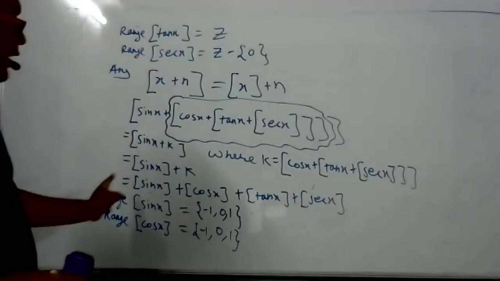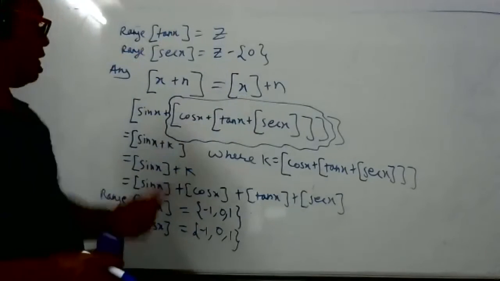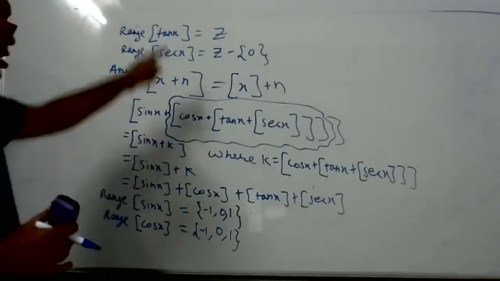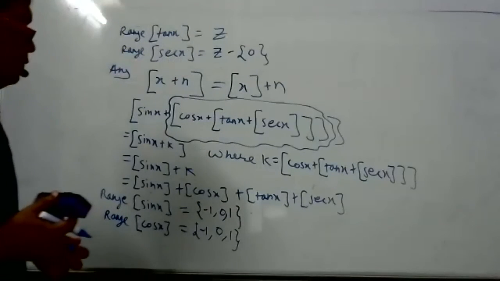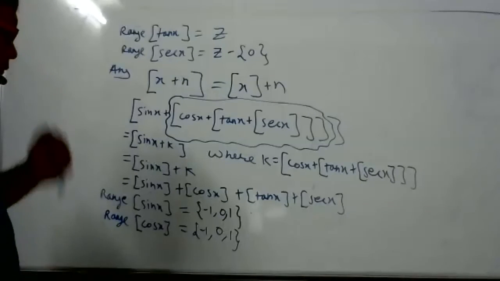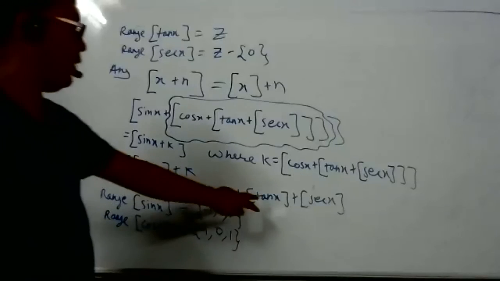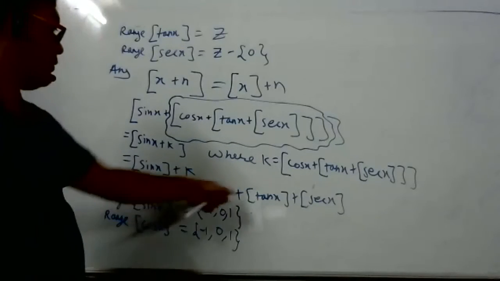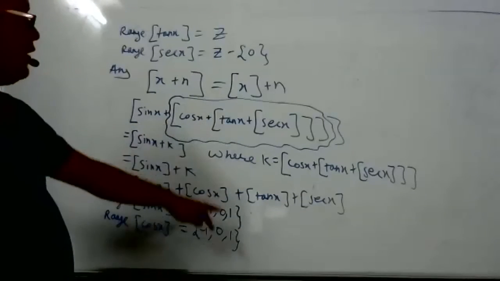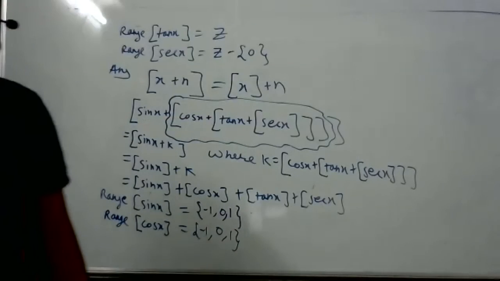But something is a mistake somewhere, because I think I have not written the question completely. If this is the question, then the answer is Z. Tell me, sir, here the most dominant function is tan x, no, sir? Tan x. This also will look like tan x only. So the range will depend only on tan x. These will be the subsets. So write it down; if some changes are there, I will make the changes in the next class.